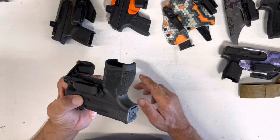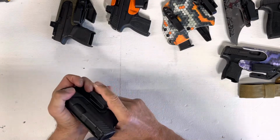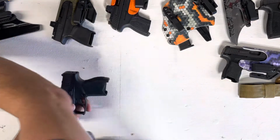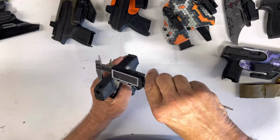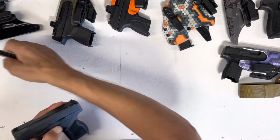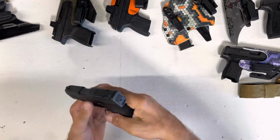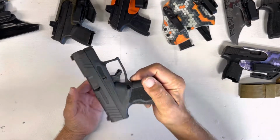First of all, I get to buy cool guns all the time. Start with the gun. This is a Taurus GX4. We get out the old micrometer here, and we check the clearances on the gun, and I take measurements on all the guns. Before I get going, every one of these weapons laying on the desk here has been cleared. Like I said, we start with the gun,